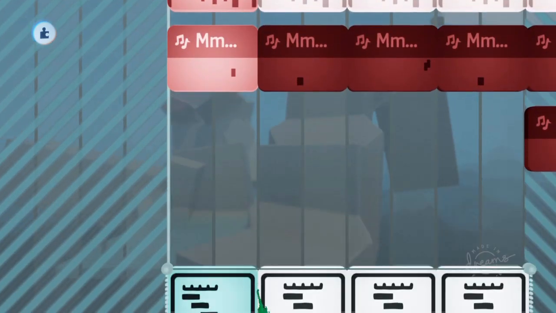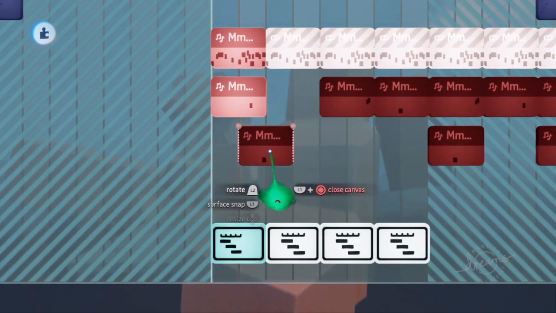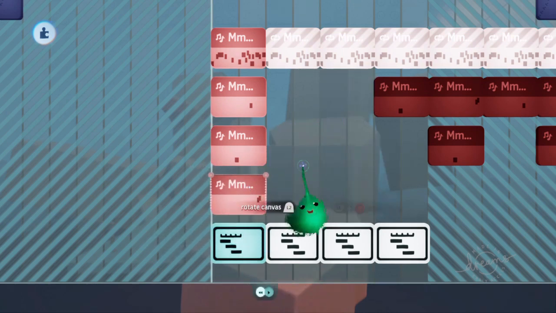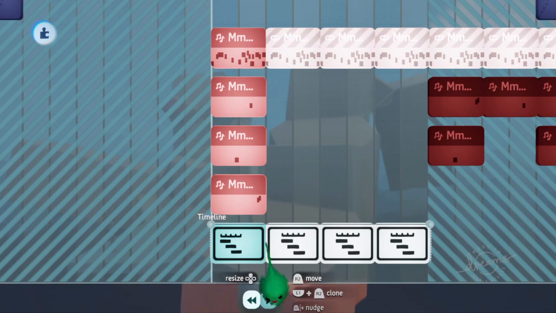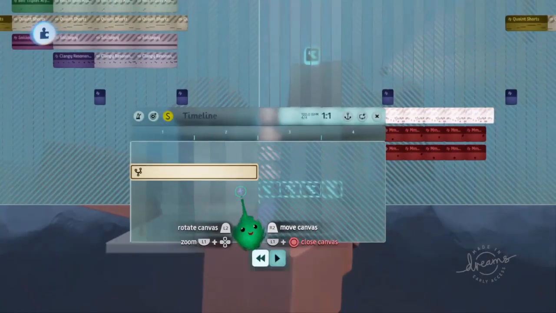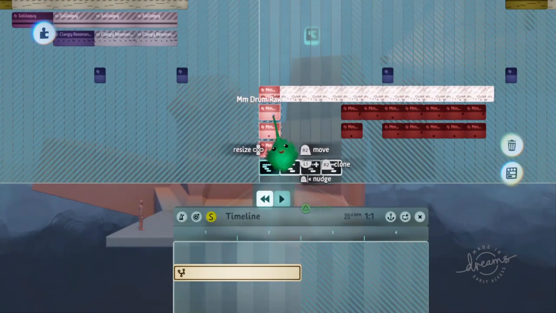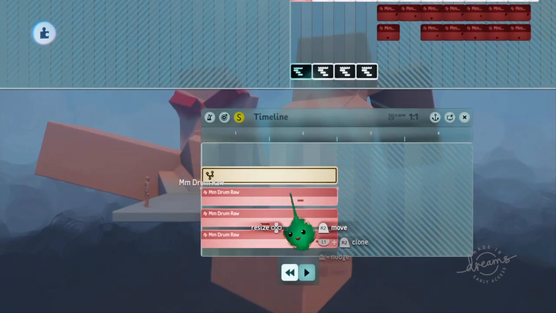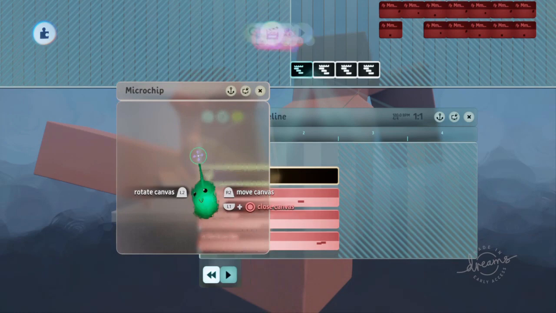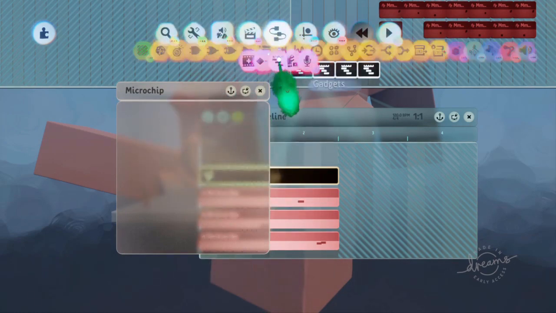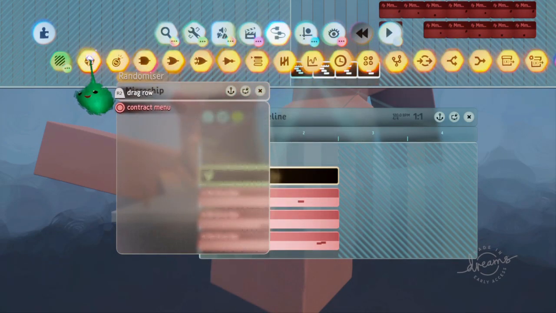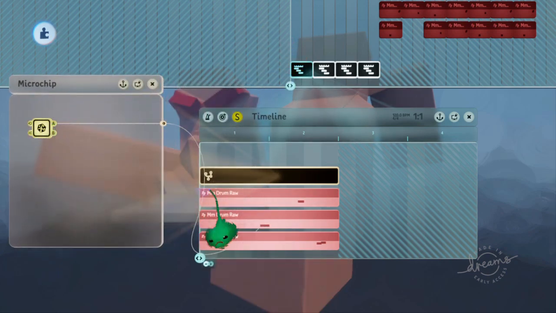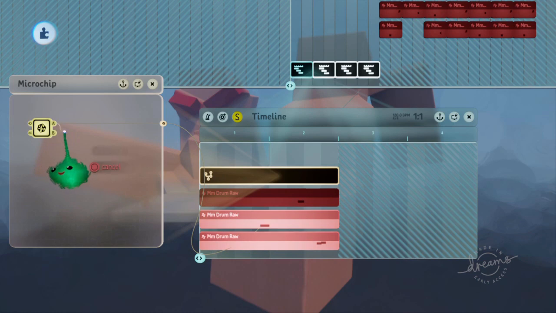So the way I'm going to do this is stack these up. So there's actually only 3 variants, so we don't need that. So we can put these into this timeline as well, because we want those to be able to happen each time as well. But we only want one of these to happen each time. So let's go and get a randomiser, and the randomiser will power one of these